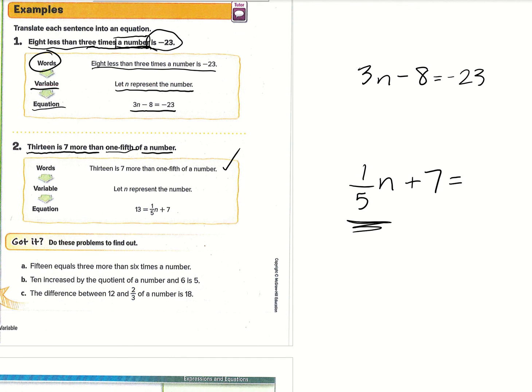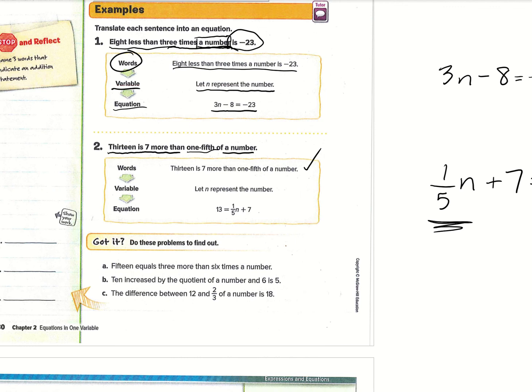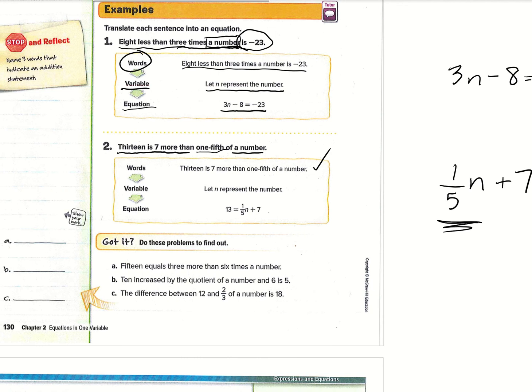And then 13 is, whenever you see that, typically that means that's what's on the other side of the equals sign. All right, so 13 goes there. And then from there, of course, if we were actually doing the problems, we would go ahead and solve. All right, so I want you on your own to go ahead and solve in the Got It,